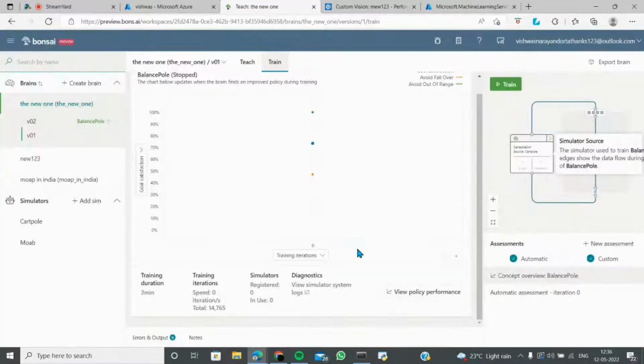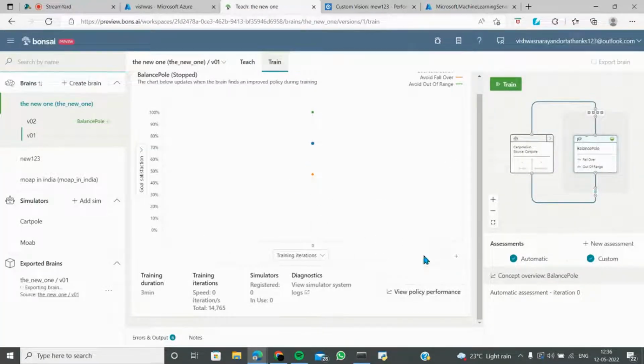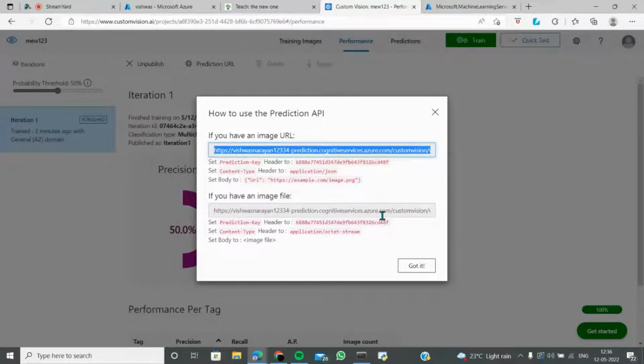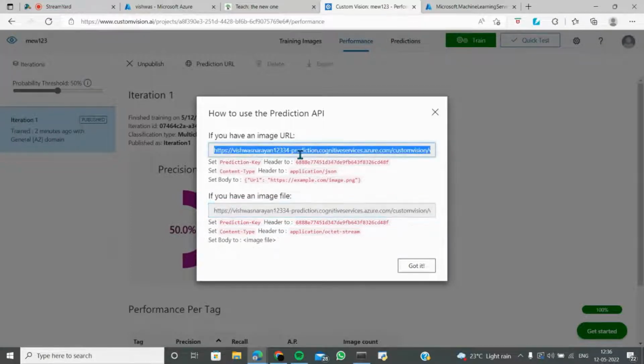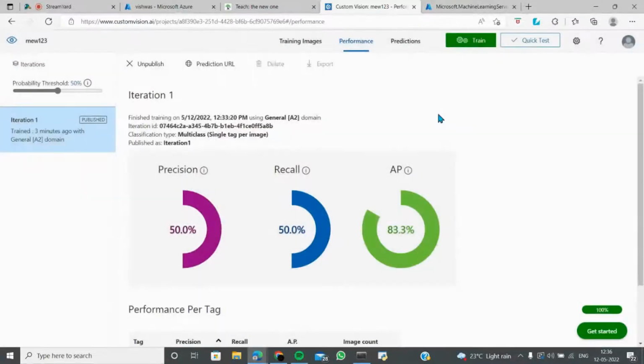You can export the brain as any of it. So it's now getting exported. This is how simulations can also be done on your system. So it's a blessing that we are all in this era. If you have an image file and everything, so you guys start working on all these things. So you can just embed this.